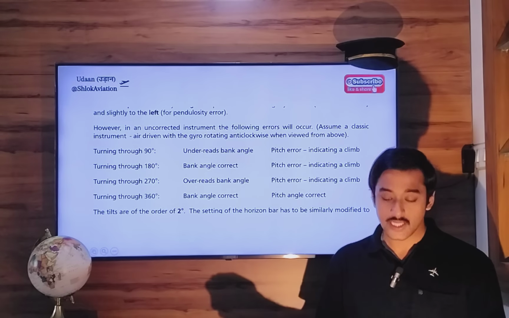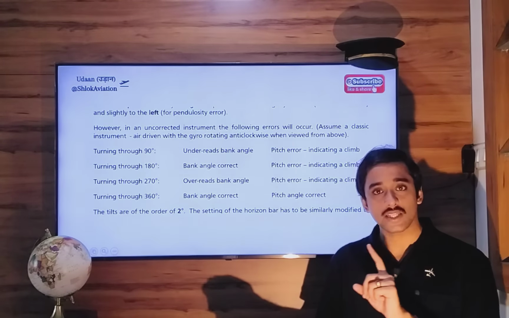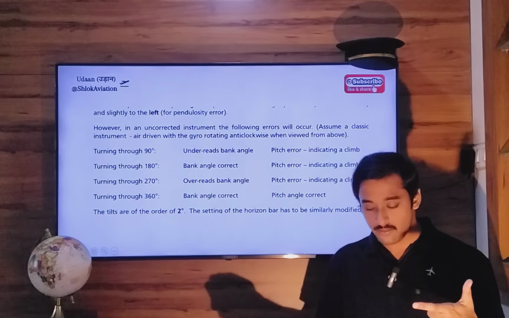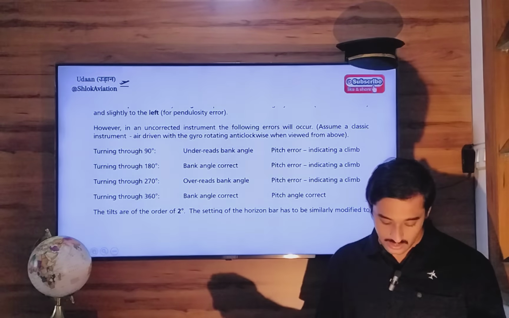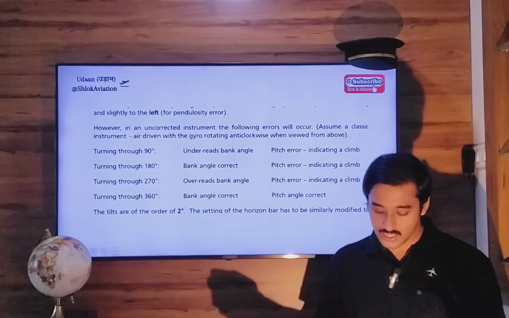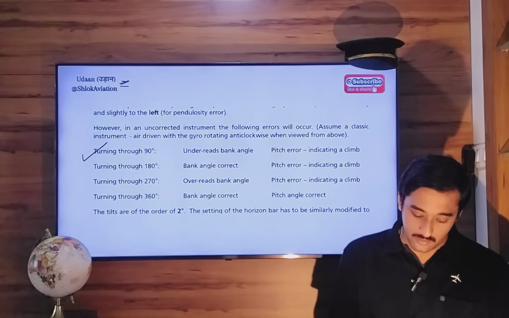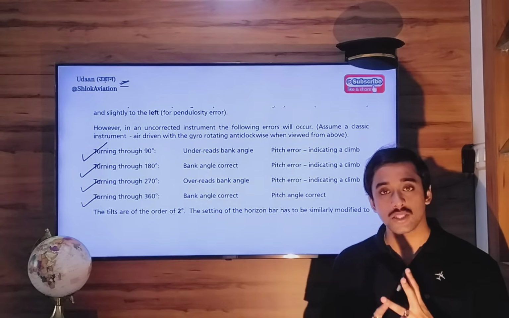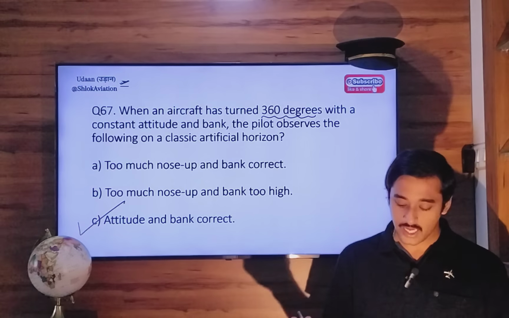Next, turning through 360 degrees. So when you make a complete 360-degree turn, the bank angle shown to you will be correct as well as the pitch angle will be correctly displayed. So the tilts are of the order of 2 degrees. The setting of the horizon, that's okay. So remember these 4 points, 90 degrees, 180 degrees, 270, 360 by heart. Okay. So according to this information, if you make a 360-degree turn, your attitude and bank angle will be